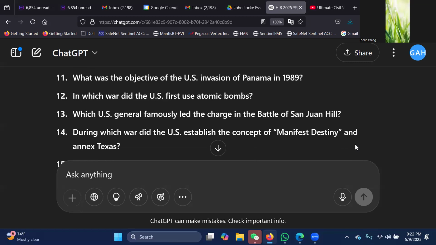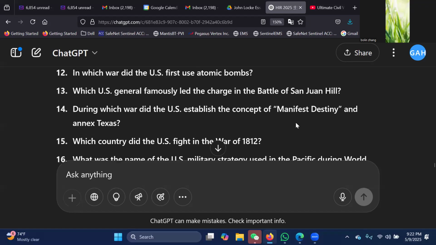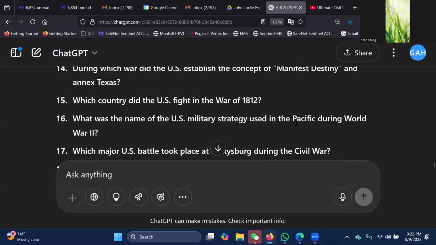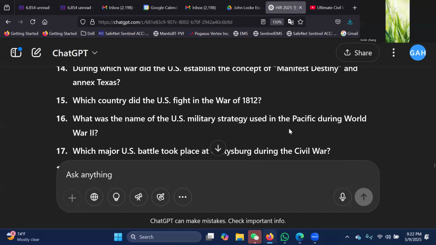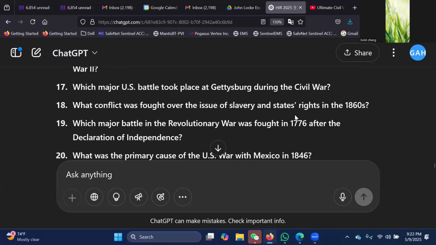13, Theodore Roosevelt. 14, the Mexican, no, wait, what? The Texas independence. That's right. 18, wait, that's the Texas-Mexico War. 15, what country? The UK, Britain. 16, island hopping. 17, nah, really? Gettysburg. 18, Civil War. 19,